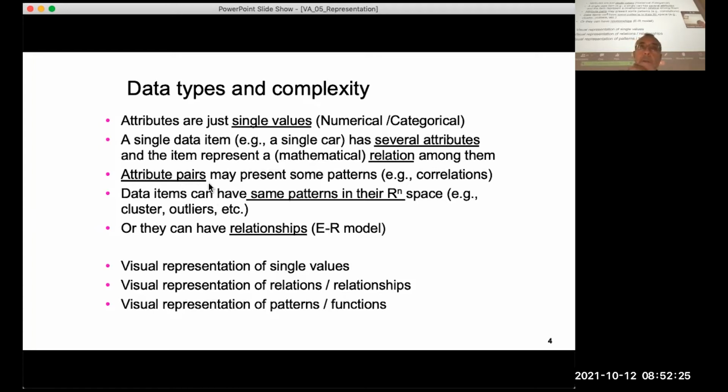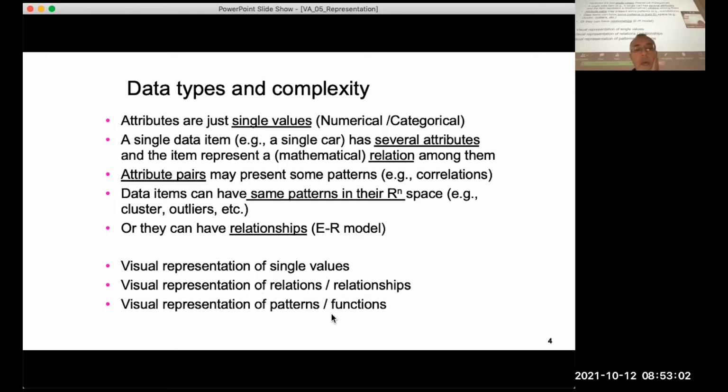If you look at attributes, you can discover some patterns among them, between them. Maybe a correlation, direct correlation, inverse correlation, or if you move to data items, you can discover patterns in their original space, like clusters, outliers. Or they can have a relationship. One item is connected to another item, John's car, or cars that belong to the same person, or